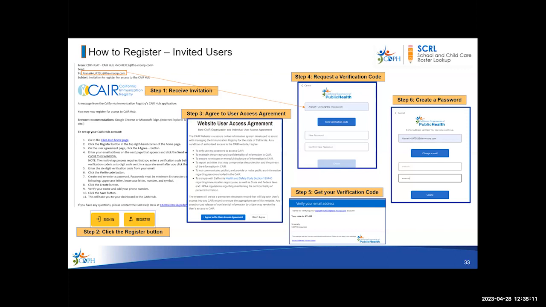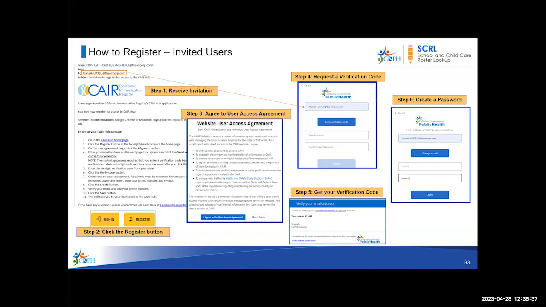Enter your password in both the new password and the Confirm New Password field. Then click on the Create button. You are then taken to the Welcome to Care Hub screen. Once you have completed all these steps, simply log in, set up your user profile. You will then be taken to the School and Child Care Roster Lookup.